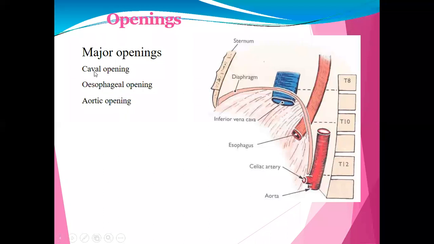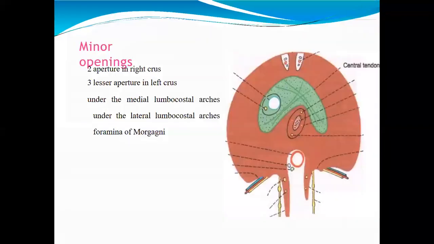So we have the caval opening, meaning the inferior vena cava, the esophageal opening, and the aortic opening. These are the three main openings in the diaphragm. And there are minor openings: the aperture in the right crus, the lesser aperture in the left crus, and under the medial lumbocostal arches and the lateral lumbocostal arches, the formation of the